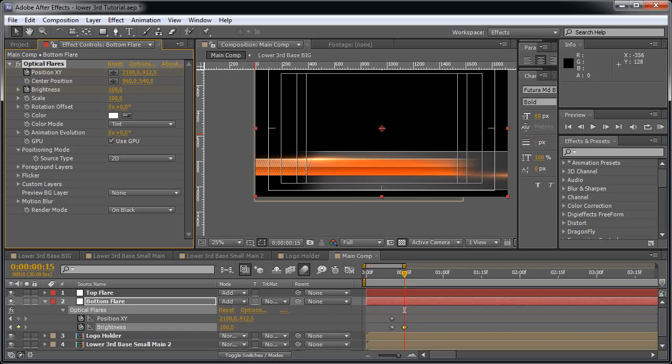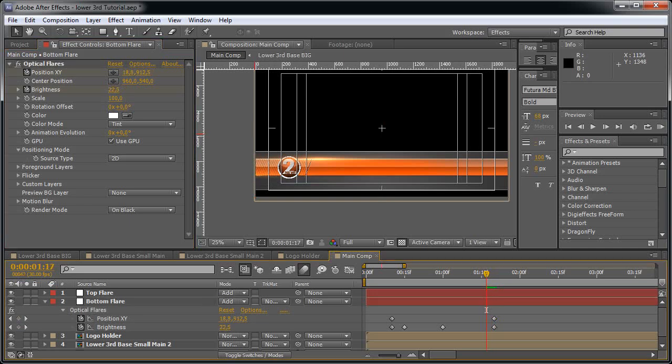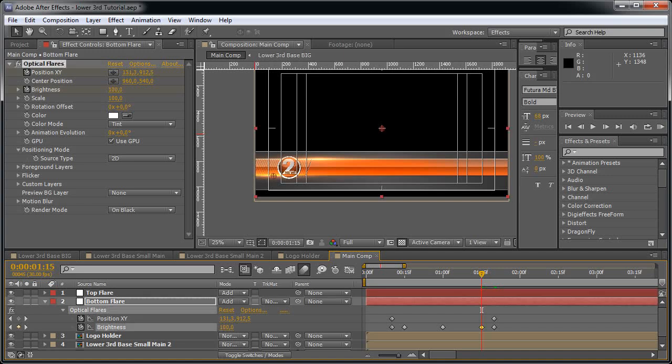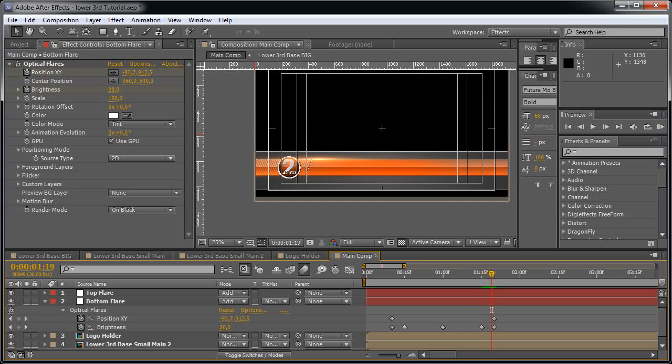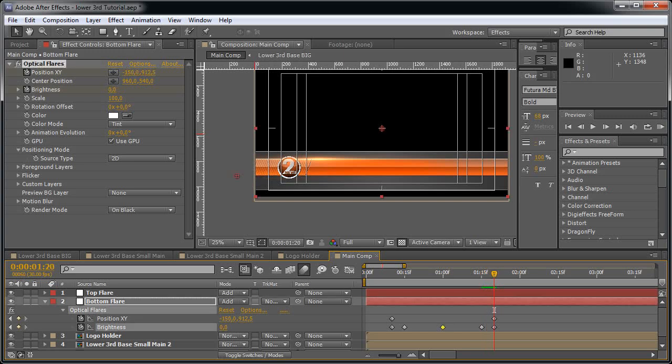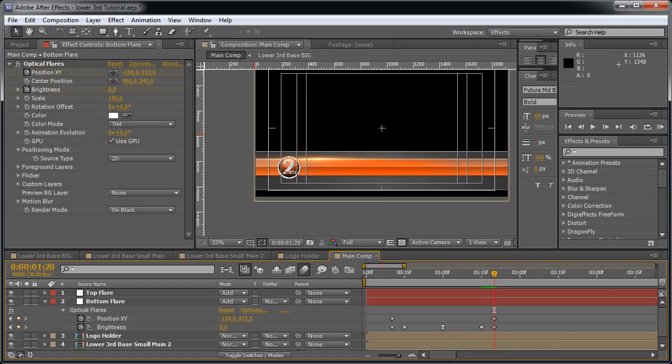And let's move 20 frames forward from our first keyframe to frame 30, and let's set the brightness to 150 and move 20 frames forward and animate the position of our lens flare like so, and set the brightness to 0 and move 5 frames before the end of our animations and set the brightness to 100%, and make the middle keyframe easy ease. So we have this type of animation,